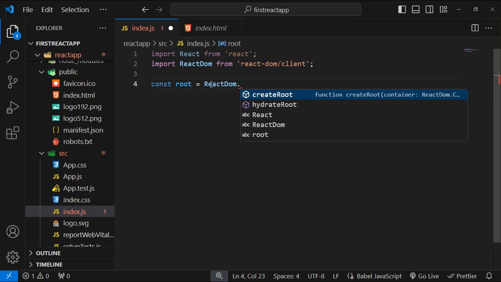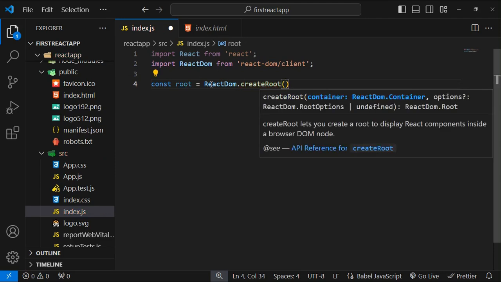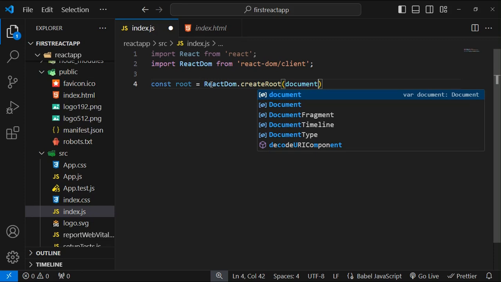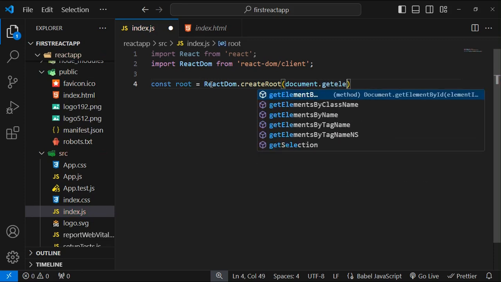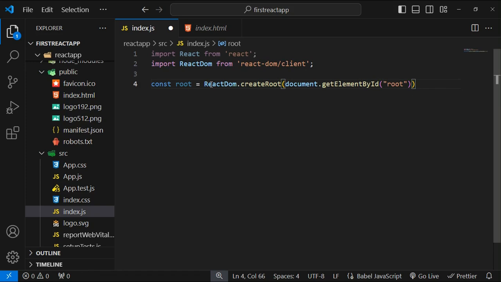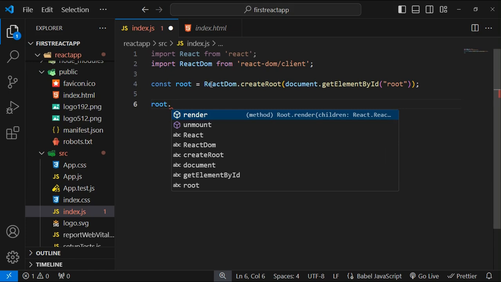React DOM dot createRoot, and here I have to write document dot getElementById. And here we have the ID of root. I have explained everything in my previous video. So here I'm just going through